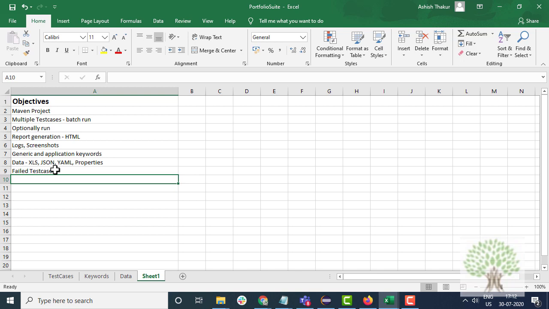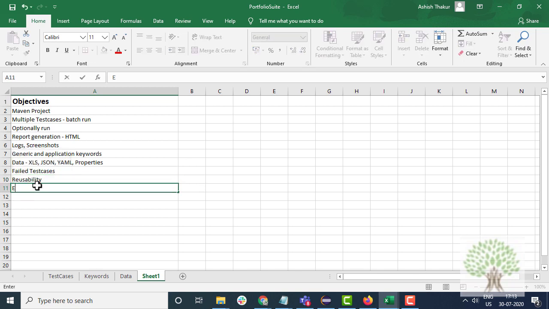And moreover, there should be reusability in the framework. If you have 100 test cases already implemented and the client gives you another 5 test cases, then you should be able to incorporate those 5 test cases very easily. It should not be that you are taking the same amount of time. Your project should be scalable very easily. And this can only happen when you have made reusable functions and all inside the framework. And it should be easy to change.